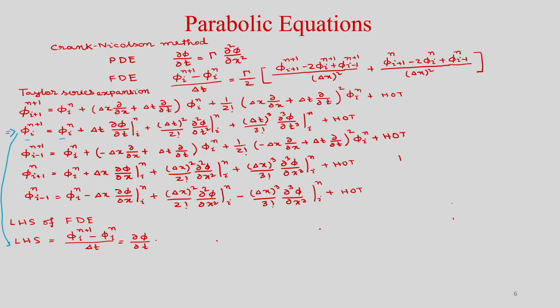Plus, so delta t you have divided. So, it will be delta t by 2 del 2 phi by del t square. Then plus, you can see from there, delta t you have divided, so it will be delta t square divided by 6, factorial 3 means 6. So, del cube phi by del t cube plus higher order terms. So, in the left hand side we have already seen that only these terms will be there.